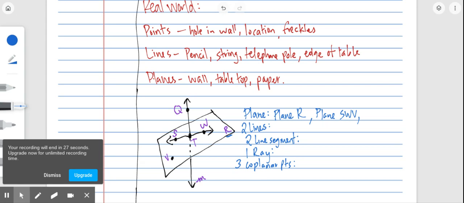Two lines, I've got QT and SW. I've got line segments SW, ST, QT, etc. I've got rays, TQ, with an arrow, and three coplanar points, same as